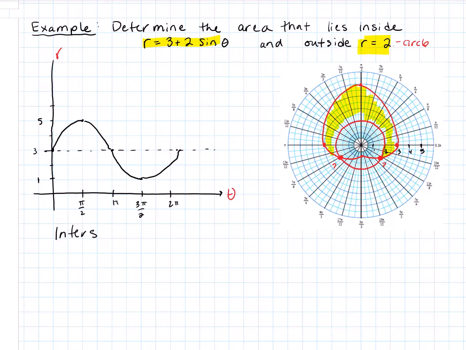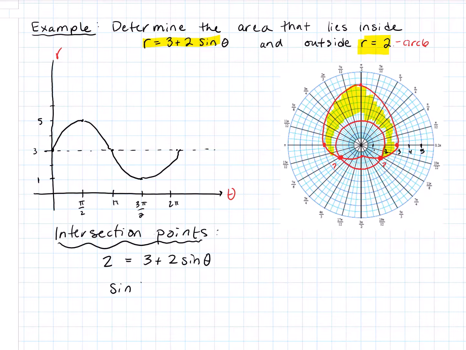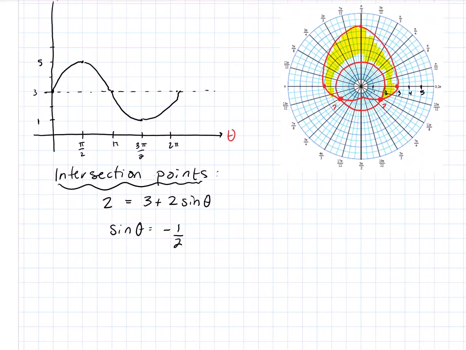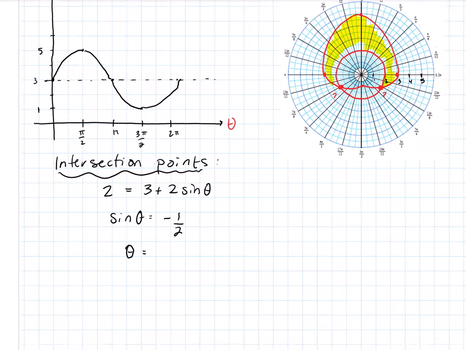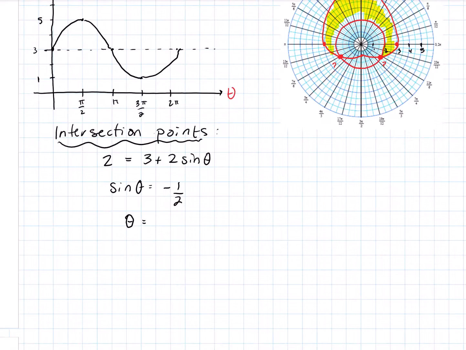So how do we find those intersection points? Well, intersection points of a curve. This is very much like working in the rectangular coordinate system, just now we're working with polar curves. So what are the intersection points when the two curves are equal? So when does 2 equal 3 plus 2 sine of theta? That would be when the sine of theta equals negative 1/2. And so that's going to occur, of course, at our pi over 6's. Let's look at this in the right quadrants. So that's going to happen at 7